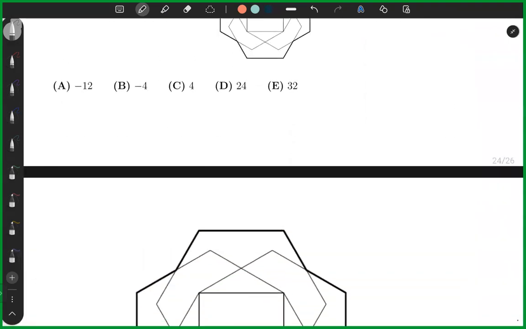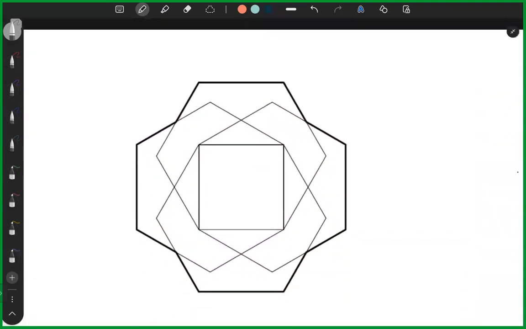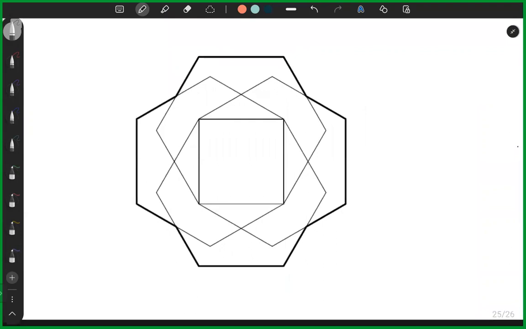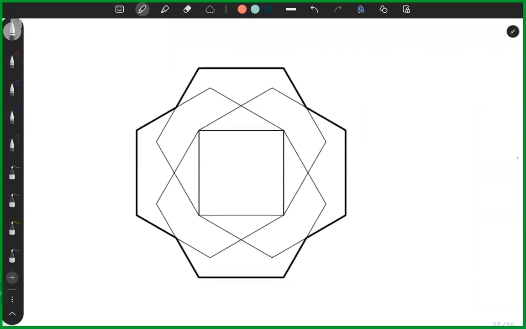I have a larger figure on the next page, so let me scroll down and use this big figure here. First of all, I would like to call this shape a flower because it looks like a beautiful flower. Right. The first observation is,